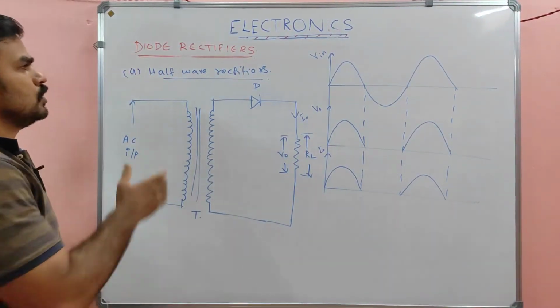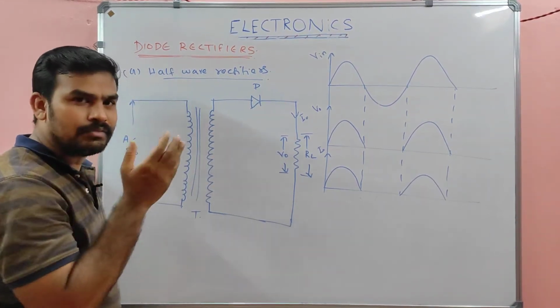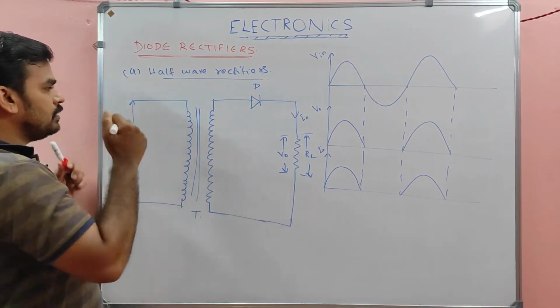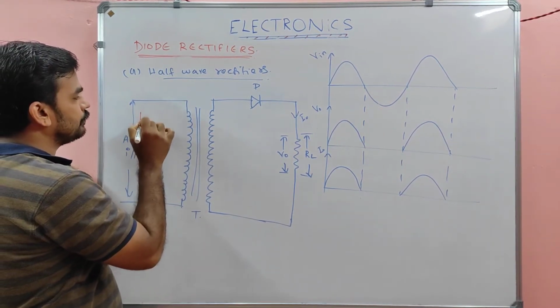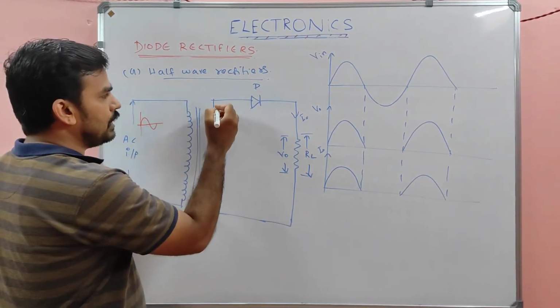So a half wave rectifier is nothing but, my dear, we require only one diode. So let's see the working of this one. For this AC input wave, this is the nature. It has both a positive as well as a negative half cycle. So for the positive half cycle, this is